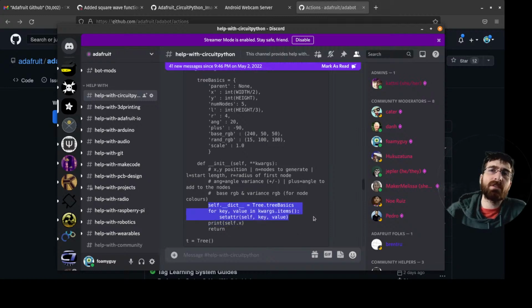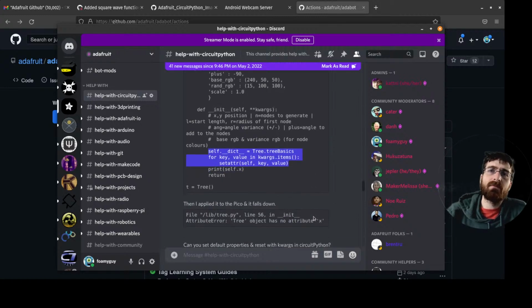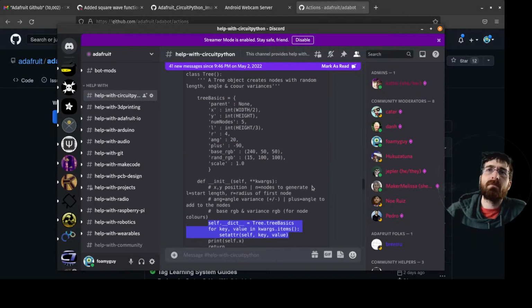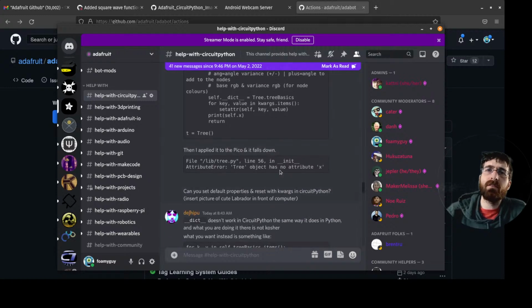I don't know if this works in CircuitPython. I've never seen it done like this, really, either, where all these are put in a dictionary.